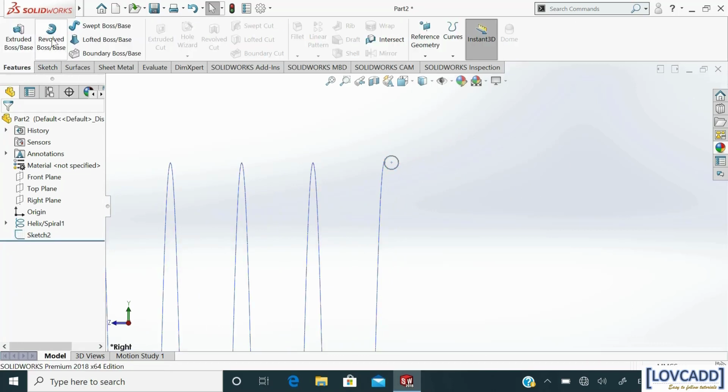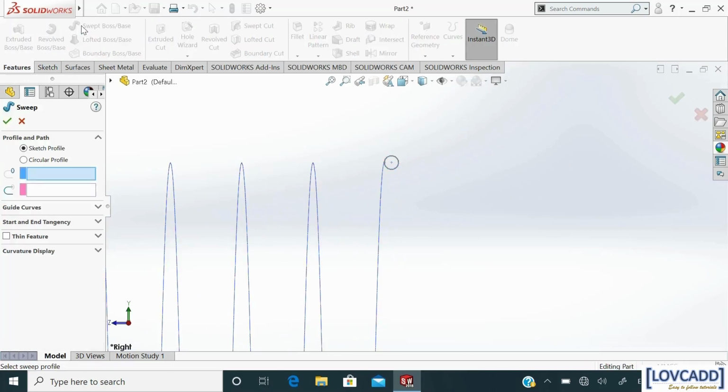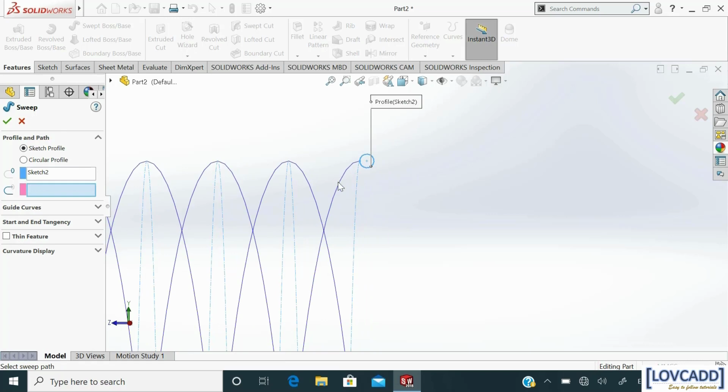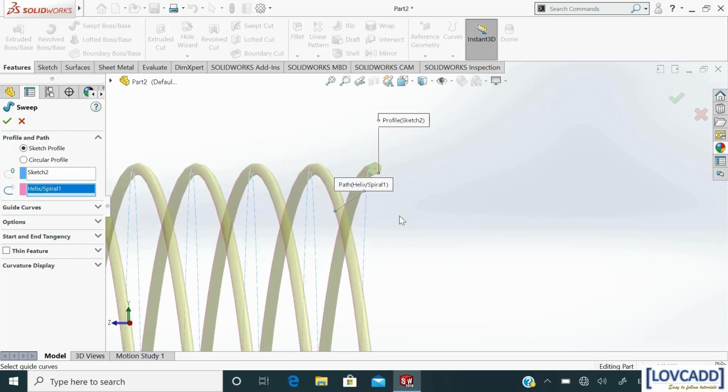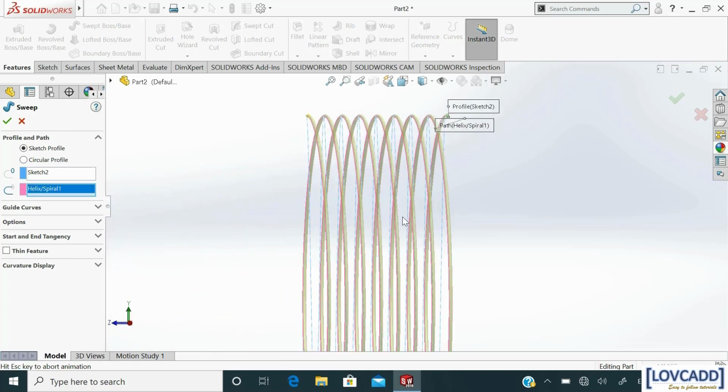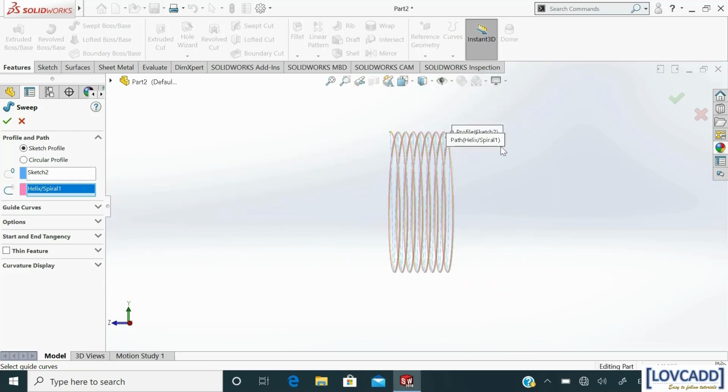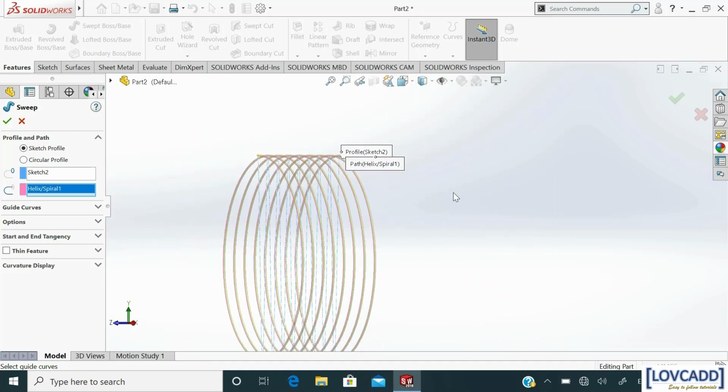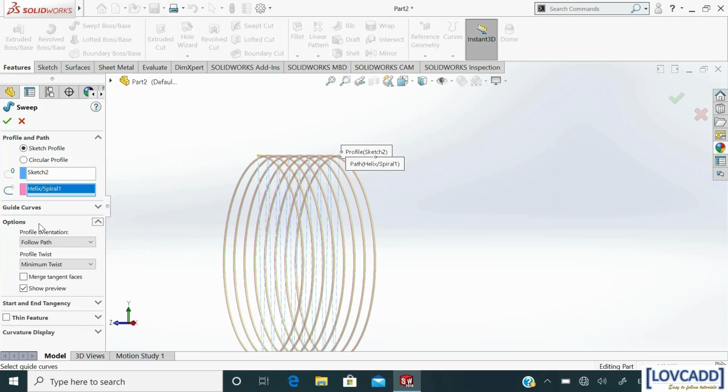Exit the sketch. Select sweep boss. Select circle as a profile and helix as a path. Next in options, in profile twist, select specify twist value.